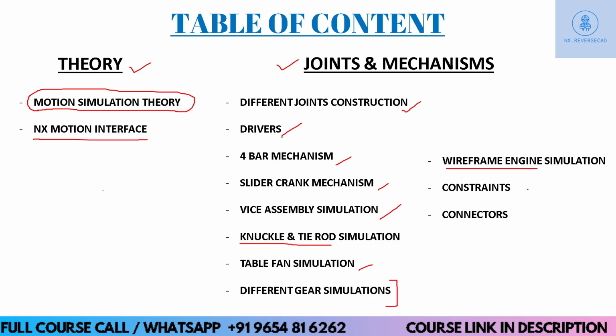Then we'll come into this constraint. This constraint will have different types of special connections, that is point on curve, point on surface, and curve on curve, like that. So in this we are going to deal with the constraints. Then we'll get on to connectors. This contains, for example, 2D contact or 3D contact. This is mainly to connect two objects that are in motion. So we'll learn upon that.